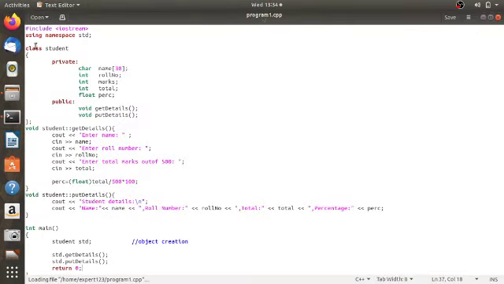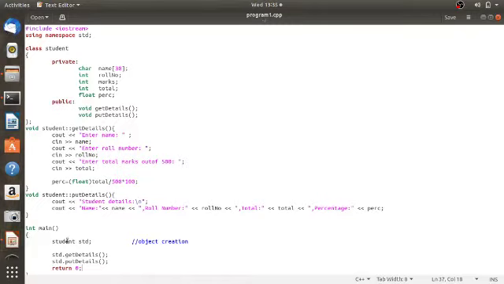Okay, here the class Student is there. The class Student has some attributes like name, roll number, marks, total, percentage, and get detail method, put detail method. These are the attributes and functions present in the class Student, and all this you call the specification of an object. So once you declare it in the class, you can reuse it, and this is encapsulated in the object. That's the reason a class is called a collection of objects. Student is a class, and this object is an object of it.